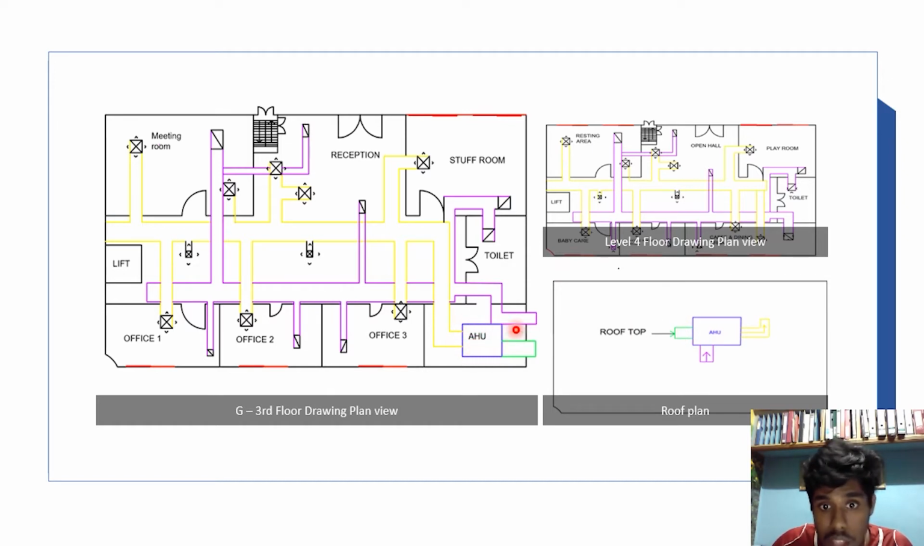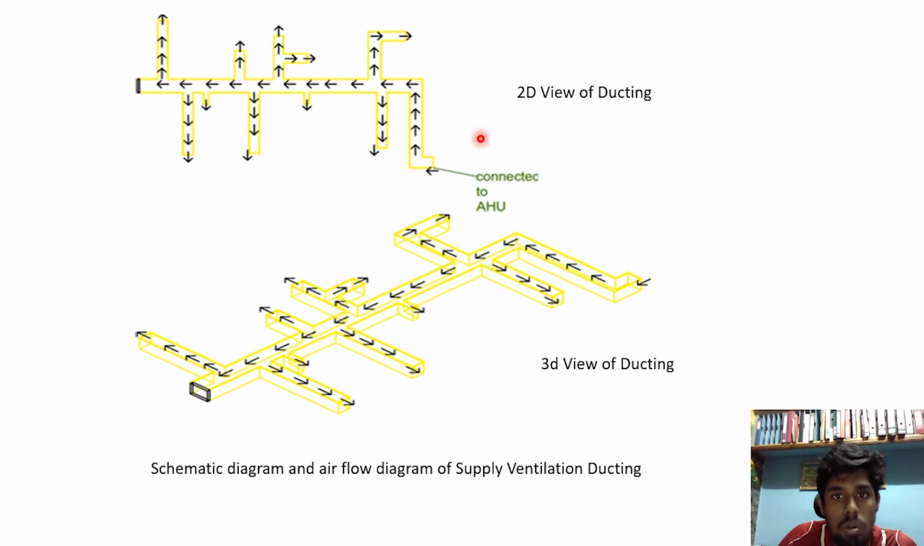As you can see, the AHU system here is the blue color line, directly connected to ventilation, supply air, and also the exhaust air system, while the green color here is the outside fresh air which comes into the AHU room. So this is the 2D view for the supply ventilation ducting, and this is the schematic diagram for the supply ventilation ducting. This side is connected directly to the AHU system, and as you can see, this is the 3D